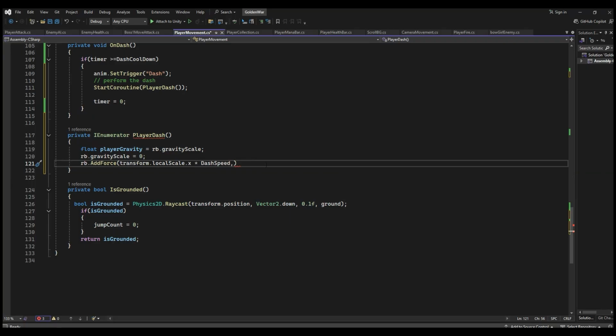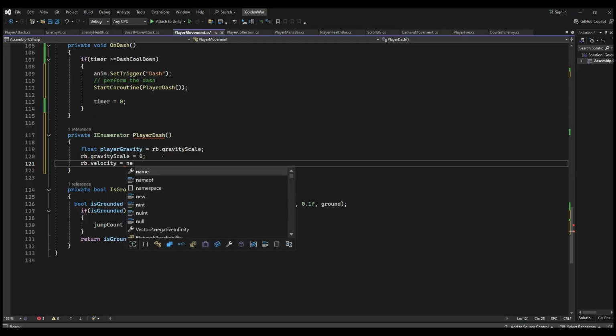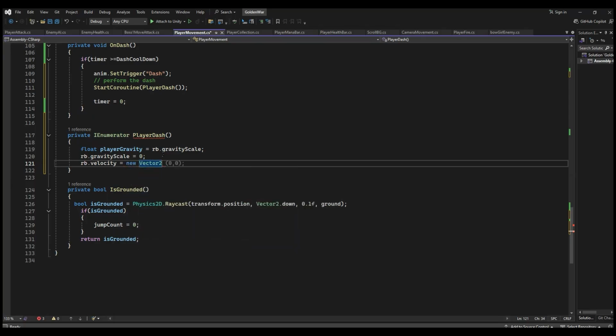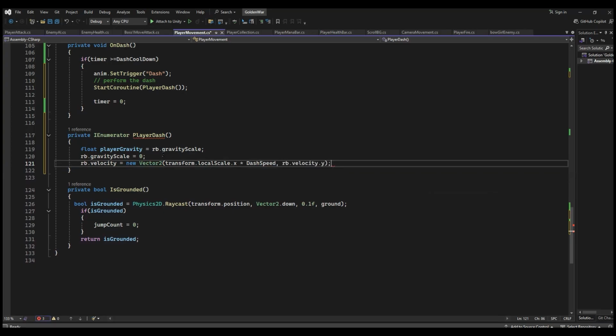You can write this or you can just say rb.velocity is equal to a Vector2. It's better that we use that, but let's keep the rb.AddForce for applying force for the enemy. But for this, new Vector2, this in dashSpeed and rb.velocity.y. Okay,